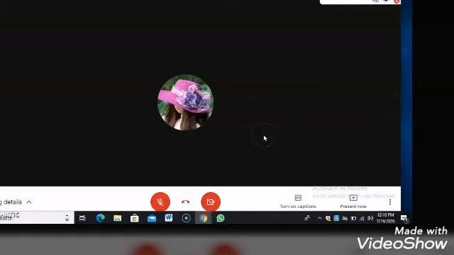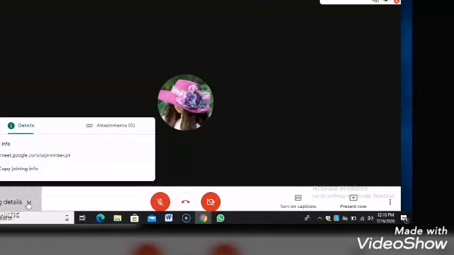So now you have seen. Suppose I have forgotten what the link was, then how can I open again that link bar where the link was given? You can see meeting details on the left corner. There is another button. When I click over here, this is copy joining information or joining information. That means to say the link has also been given over here.